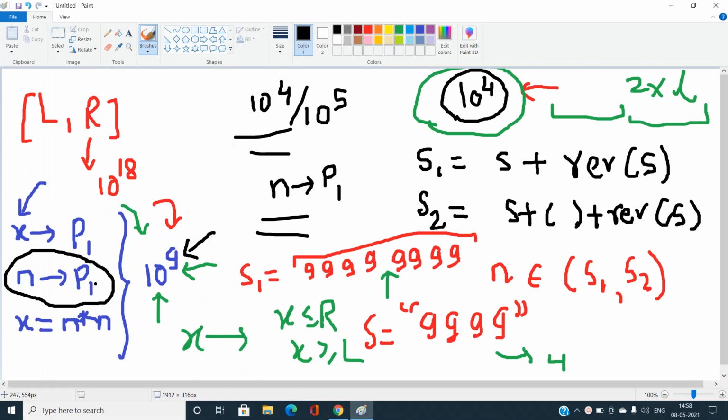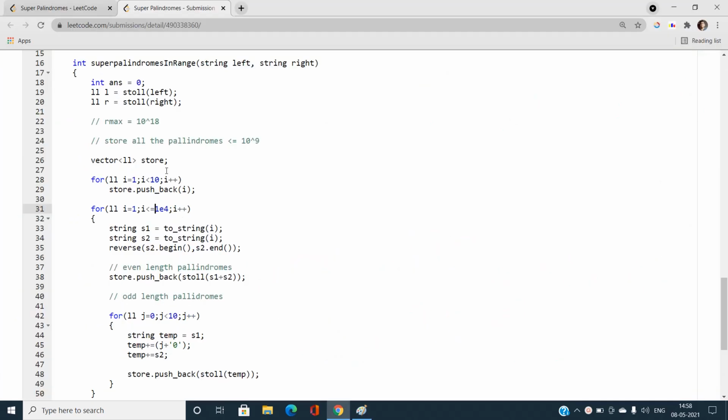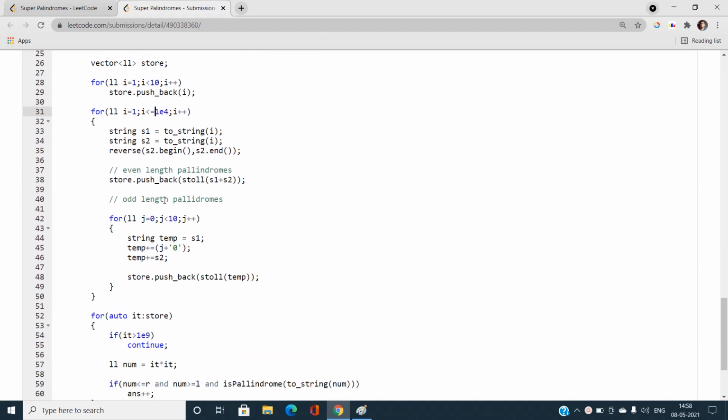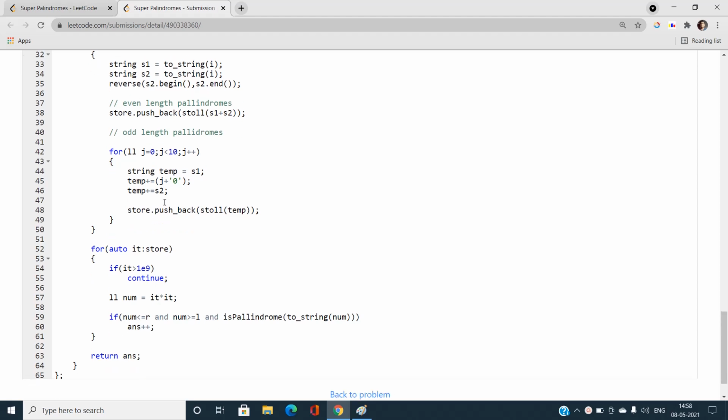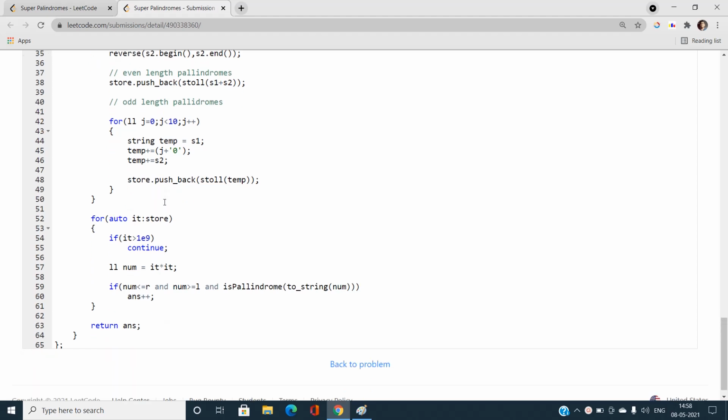And n can be any of the integers from the store vector, but I need to work on the super palindrome. So I'm squaring this n and checking if that x is going to lie in my given range or not.